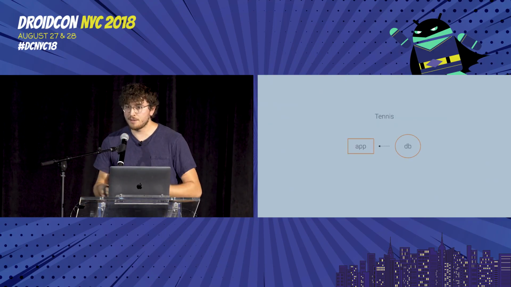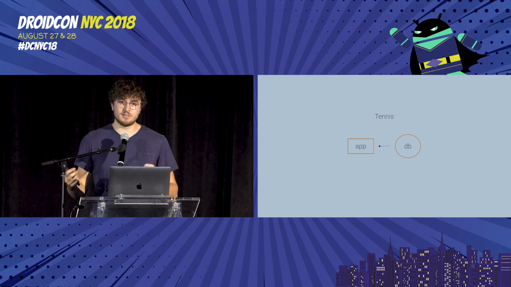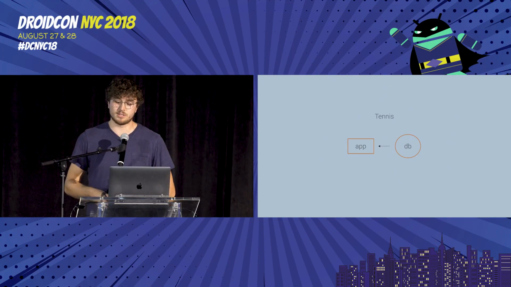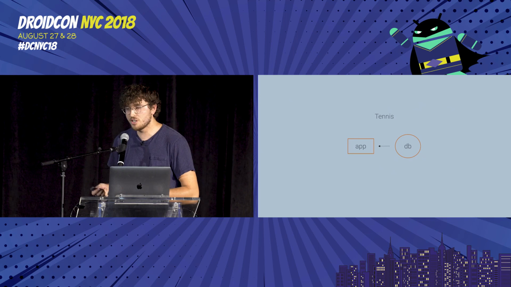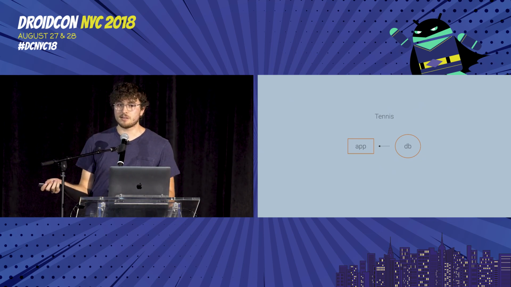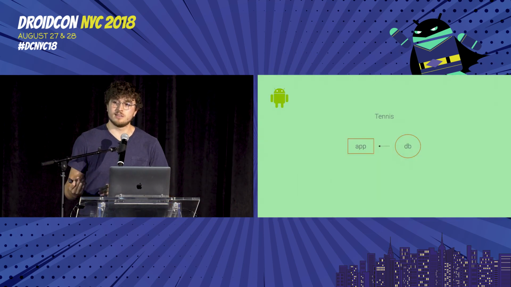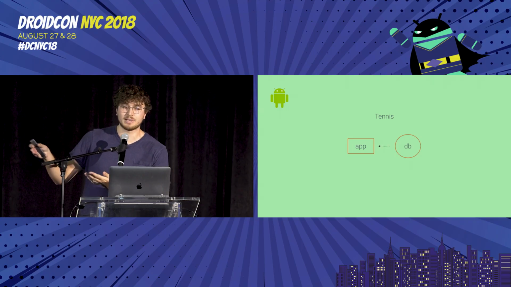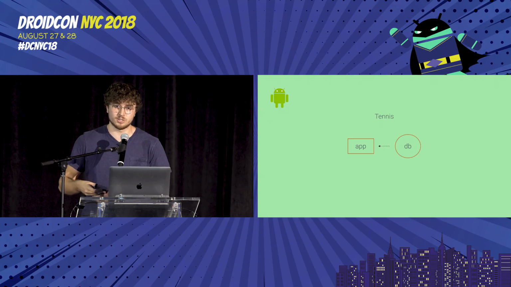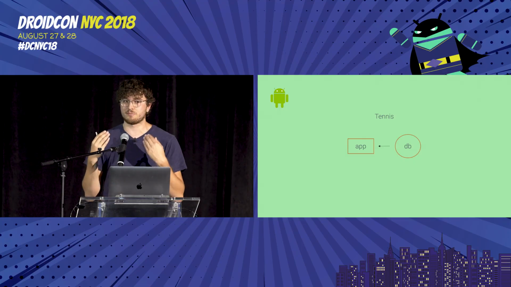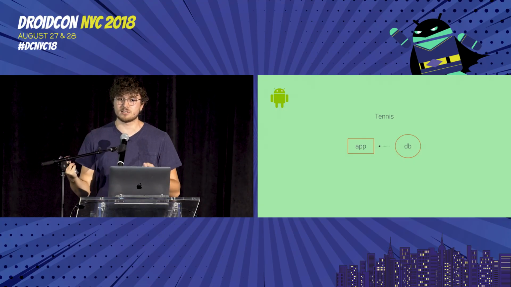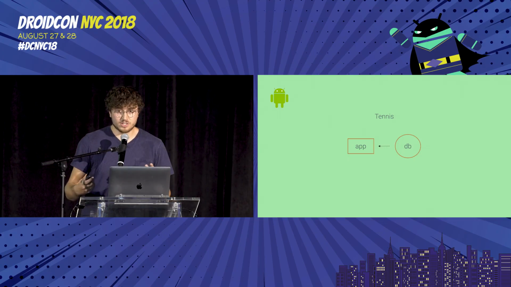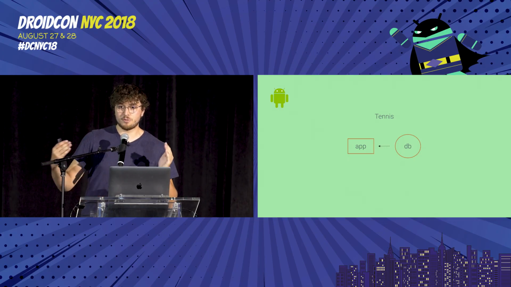So in our little tennis app, this is what it looks like right now. We only have the one dependency, which is the DB module, and then the app module, which is going to have the UI and hook up into the actual database. The question is, where do we actually create that database driver? Because if we create it in the DB module, then now we're holding off any other modules or other platforms from accessing that database module. And the whole point of this talk is to sort of promote the idea of having your database layer live somewhere that's platform agnostic. The way that JetBrains suggests we handle this is via a new type of Gradle configuration,